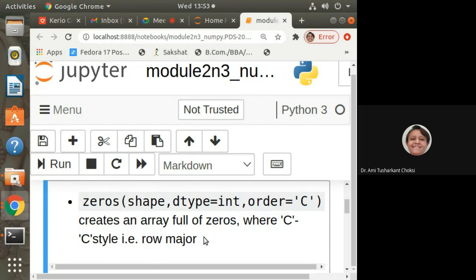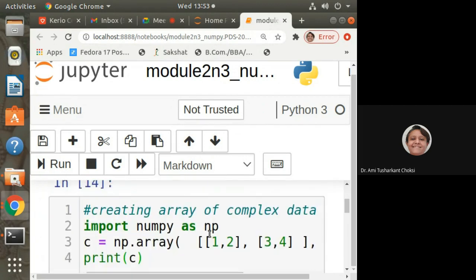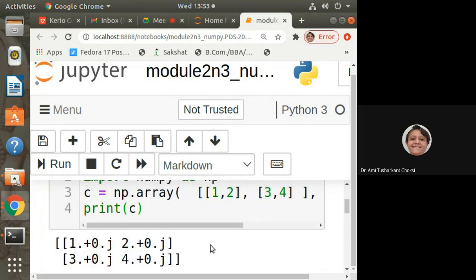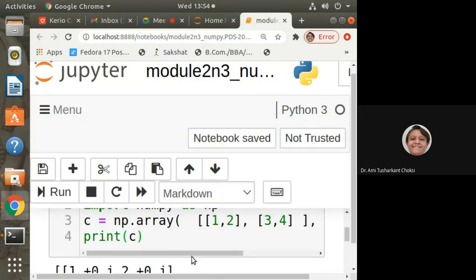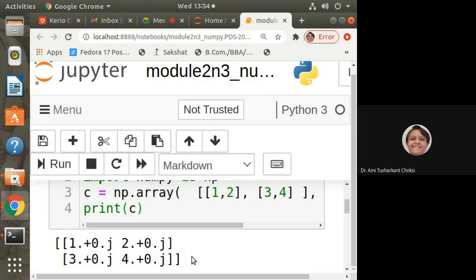Where has it gone? Scroll up, right? Do not forget that. Do not get confused, right? Actually, what is the design of this Jupyter notebook? It gives the output, and after that, you want to do something, so for that, it gives you the cell. Typically, what we do is, running of this is over. Okay, go to the next cell for doing something, isn't it? That is the logic, and that is why it is scrolling to the next cell. So you can write the other code. Fine. But what we want to do is see the output and then after that do something. Okay. So that is what is here.